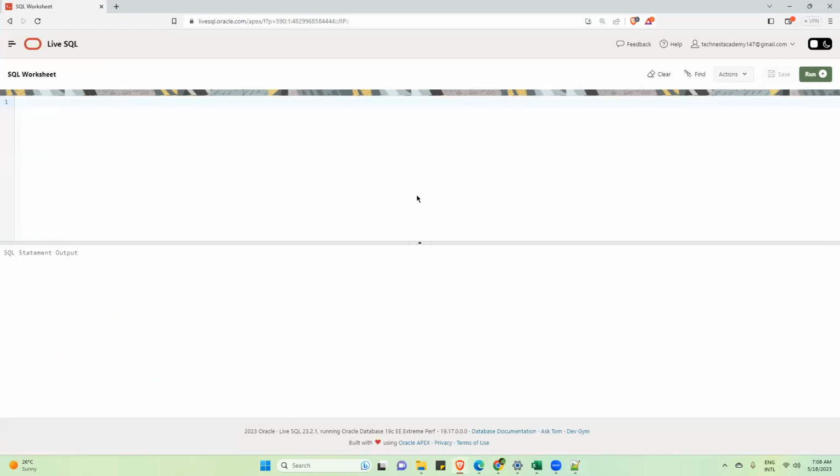So I will quickly revise the concepts we discussed yesterday. Yesterday we saw how to create a table. To create a table, you have to write create table. Are create and table reserved keywords or user defined keywords?